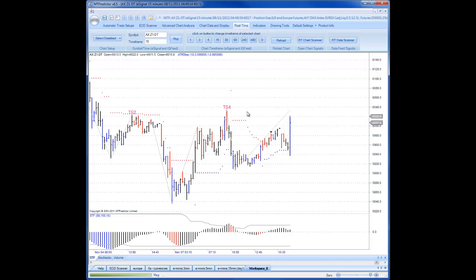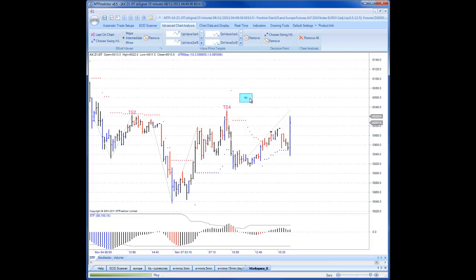this 15-minute chart. For this, we can just go to advanced chart analysis, decision point, and click choose swing high or low. Very easy, we just go back to the last major pivot. Remember, we're not really using the automatic setups on the 15-minute chart, we're just using it for larger degree support or resistance areas, mainly using the DP tool. So we click on this high here, and instantly we can see we have this decision point level